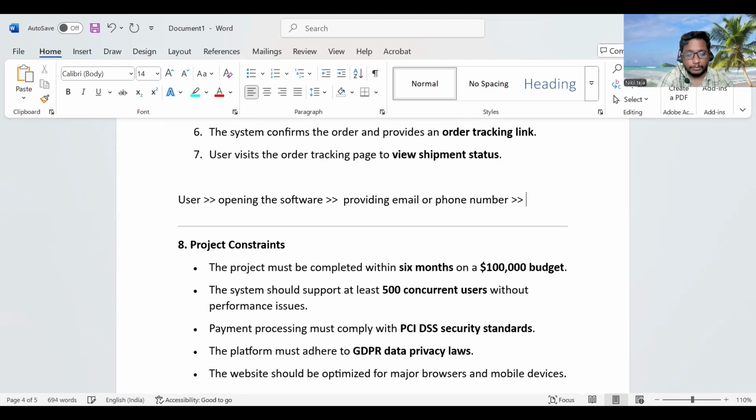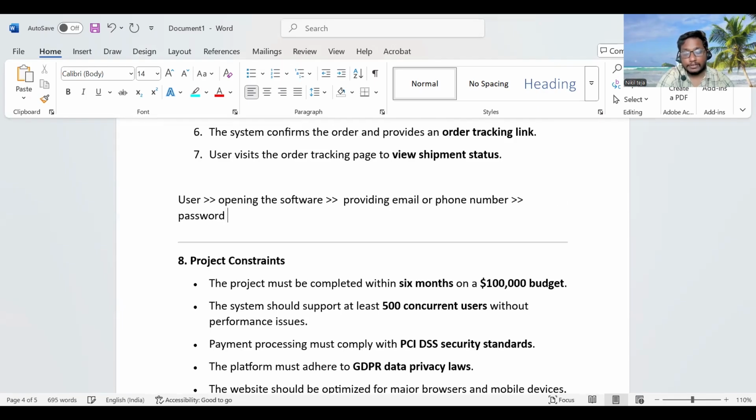Then he'll be providing the password, right? Then he will be clicking on sign up. Then if you click on the sign up, your email will be getting an OTP. So he will be entering